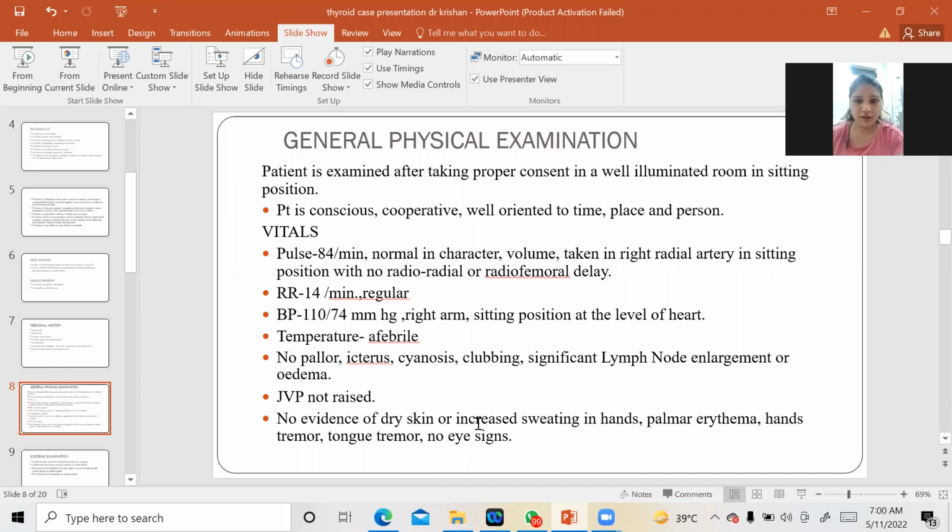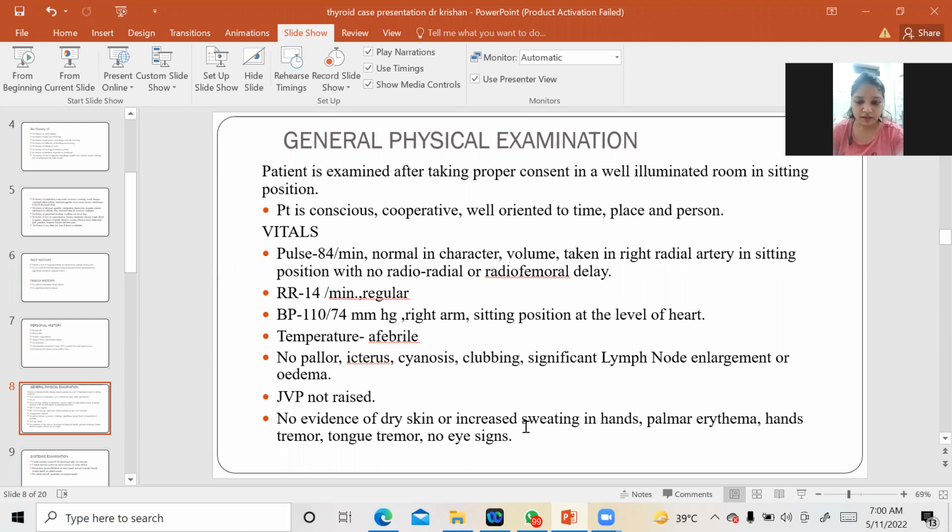One more thing: eye signs are very important in case of thyroid. There are many signs, actually 24 to 30 signs, but only 7 to 8 signs are mentioned in the book. So it is very important to go through all the signs. And for the viewers, I would like to say that you have to be thorough with all these signs. They are very important for the thyroid case. So Dr. Shivani, can you please enumerate all the important signs which viewers should read?